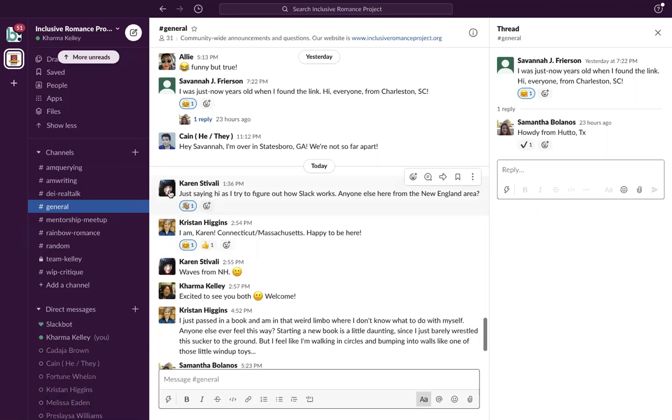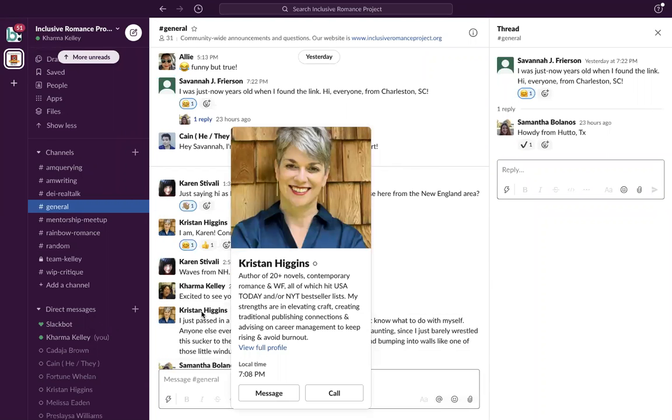Please, when you get in, invest a little time in building out your profile. I told Kristen I was going to use her as a really good example. Have a nice picture of yourself so people can put a face to a name, and then share a little bit about you. What are your strengths? What are you looking for? That helps folks who are breaking the ice and getting to know people to know a little bit about you before just diving in.